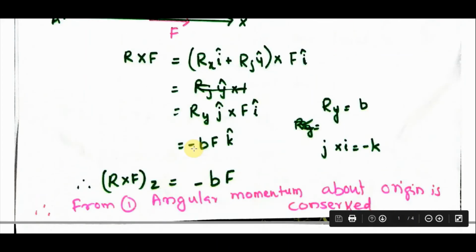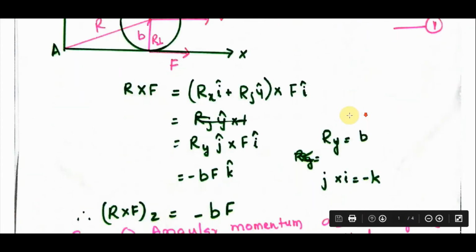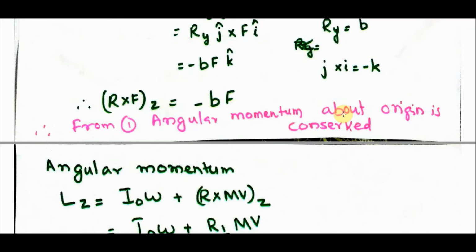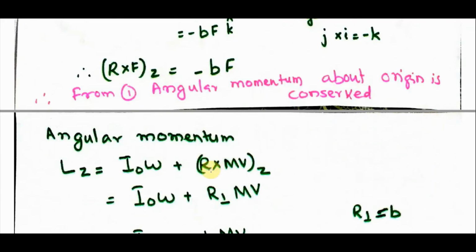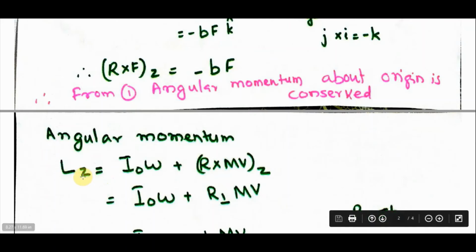From equation 1, what is our equation 1? This is our equation 1. From this, the torque is 0, which means angular momentum about the origin is conserved. The z component of angular momentum is I0 omega plus R cross M V, its z component. This also we have discussed in the previous session. So this is the angular momentum about the center of mass, and this is the angular momentum of the center of